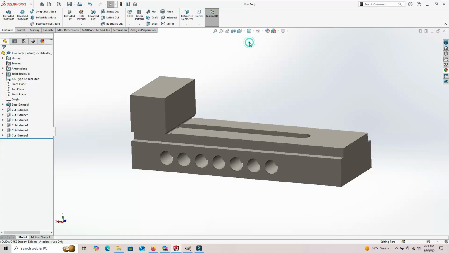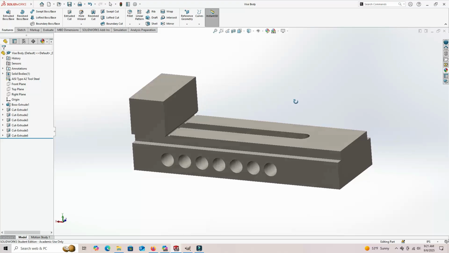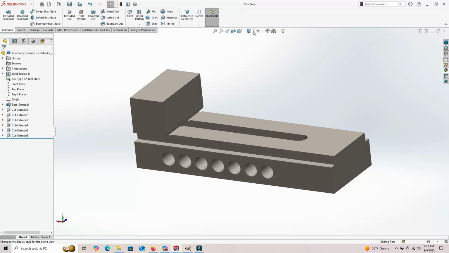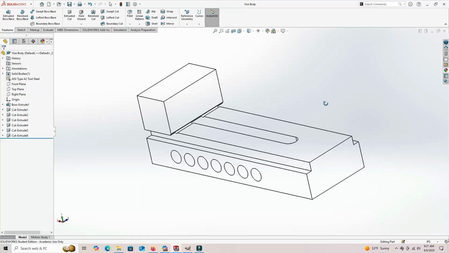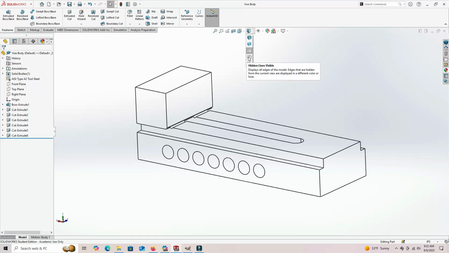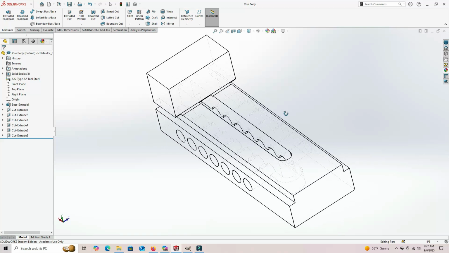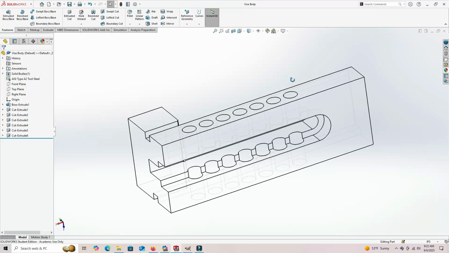I could just do shaded and it takes away the edges. I find that difficult to see features, so I generally don't use that one. You could just go wireframe with the hidden lines removed, and that's nice and clean looking. You can choose to see the hidden lines, which it's not showing them very clearly right now, and I think that's because of one of the other buttons